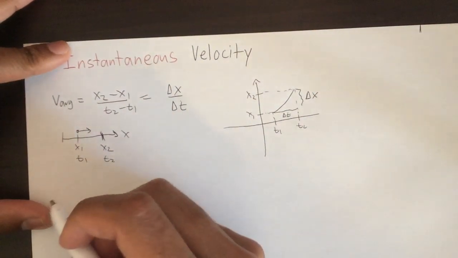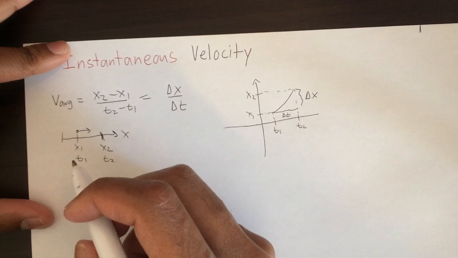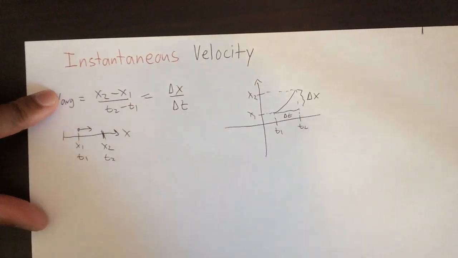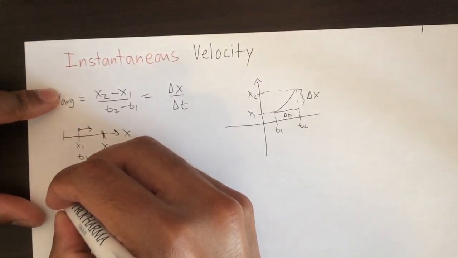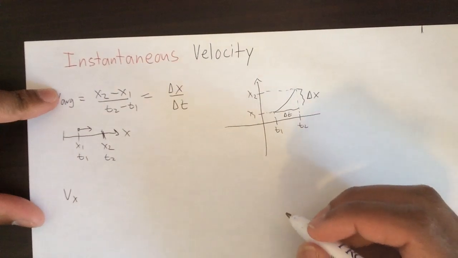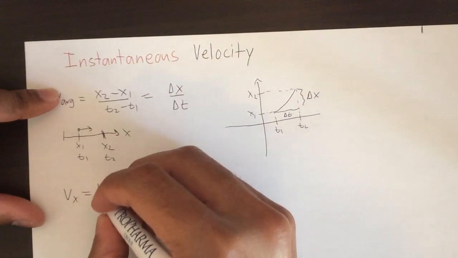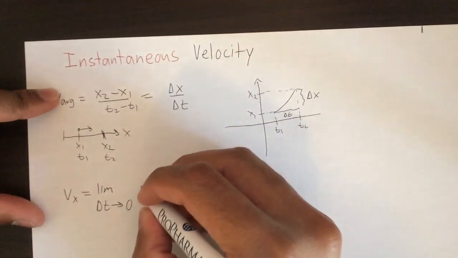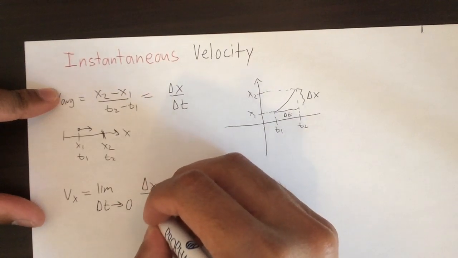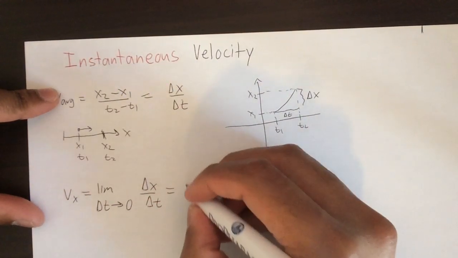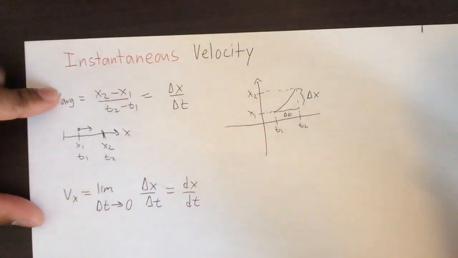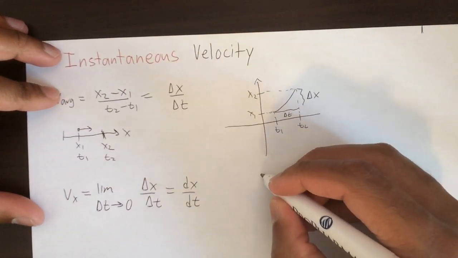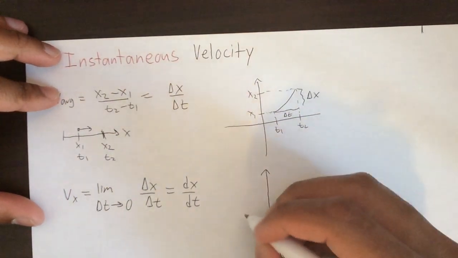But when we go to the instantaneous velocity, it's defined like this. So I'm going to write it down mathematically, and then we'll talk about it. The instantaneous velocity is defined as the limit as delta t approaches 0 of delta x over delta t, which is equal to dx/dt. So what does that mean? So all of that means